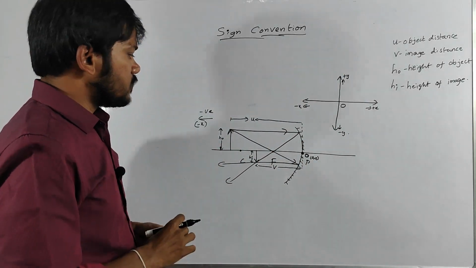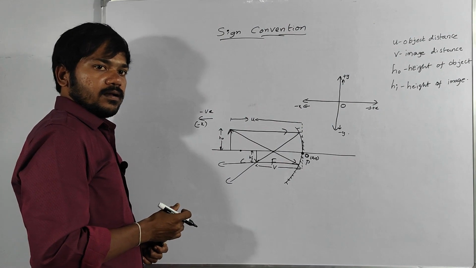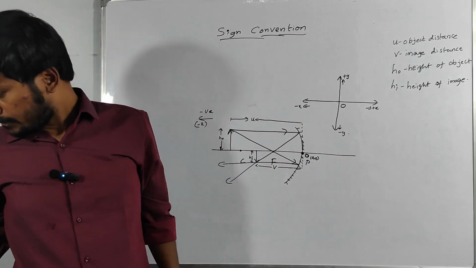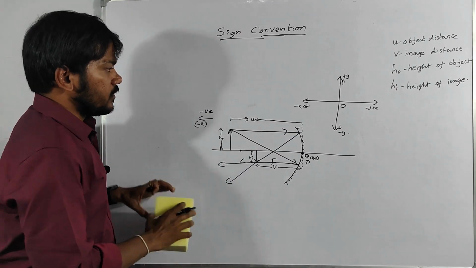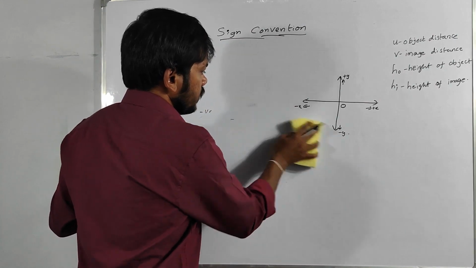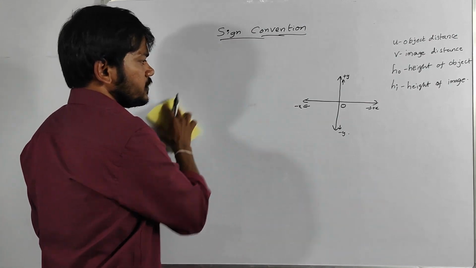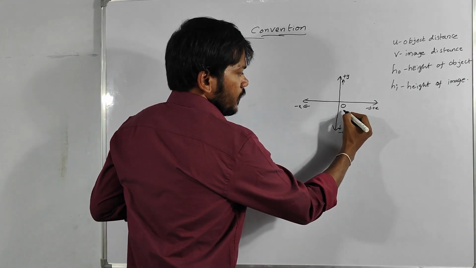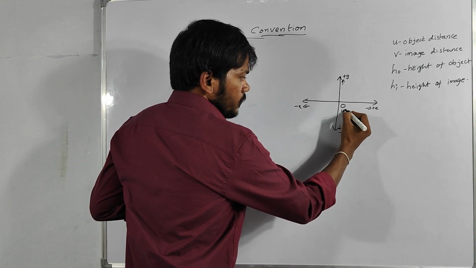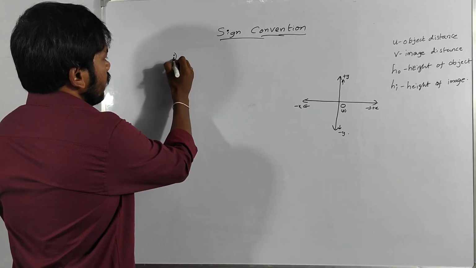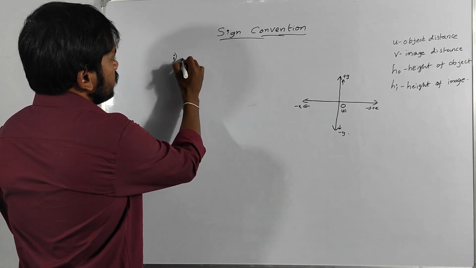So in simple words, by discussing the sign convention point by point, we will see the first point of sign convention. I'll take a pole here, because the first point of sign convention says all the distances must be measured